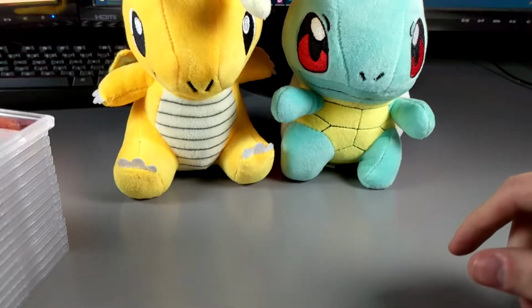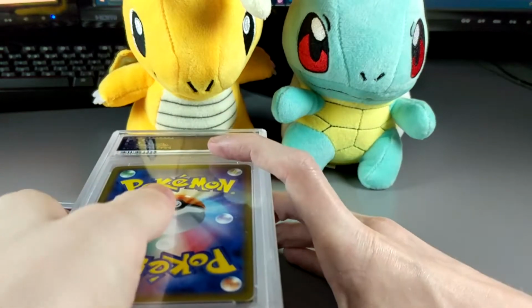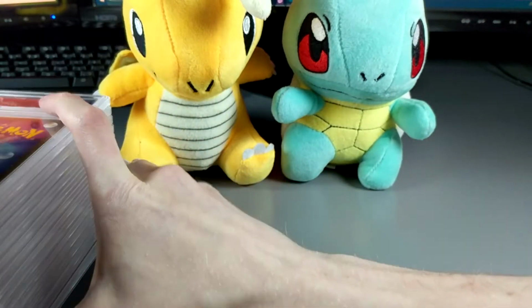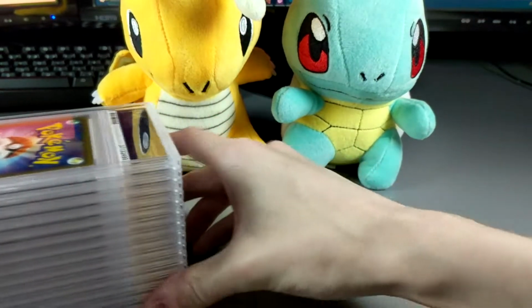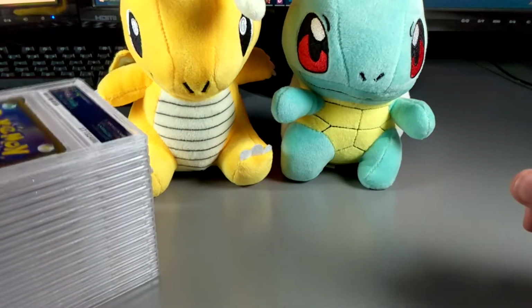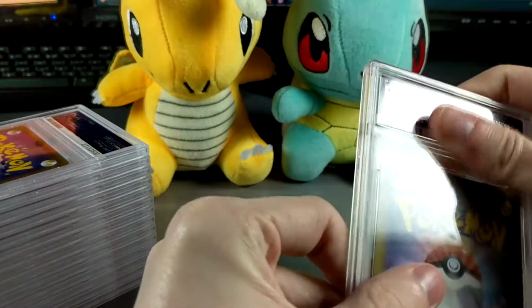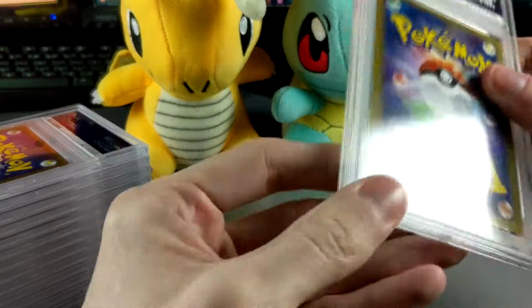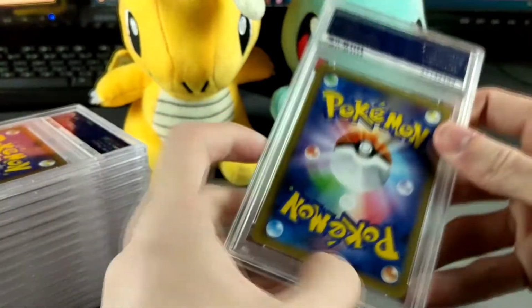First card. Actually, let's put these two from the top. Save them for last. Alright, I think it'll be better this way. So the first set of cards are Japanese CP6 cards that I all thought looked really good, and I thought all of them would get 10s, but we'll see. First one,